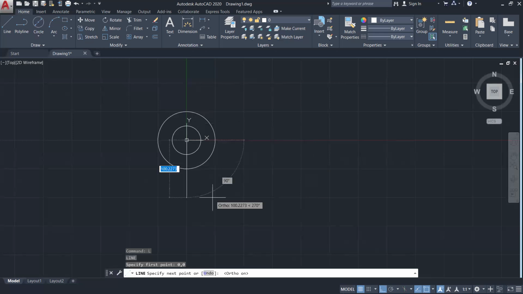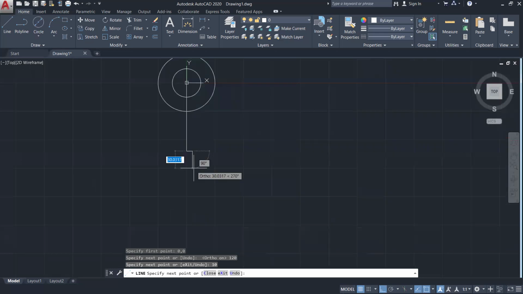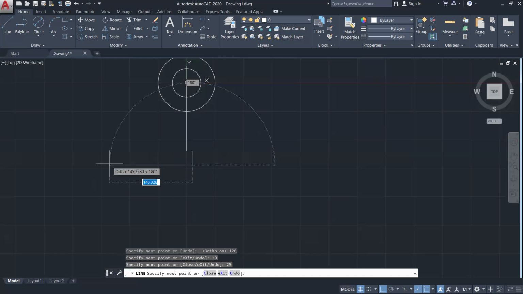Take a dimension 120 mm, 120, enter. Right side 10 mm, enter. Down, zoom out, adjust the screen. Okay. Downside 25, left side